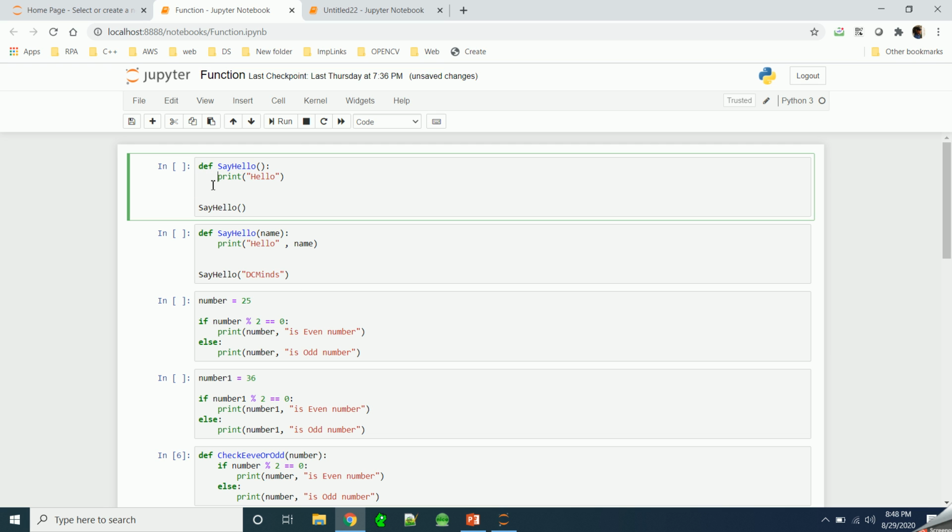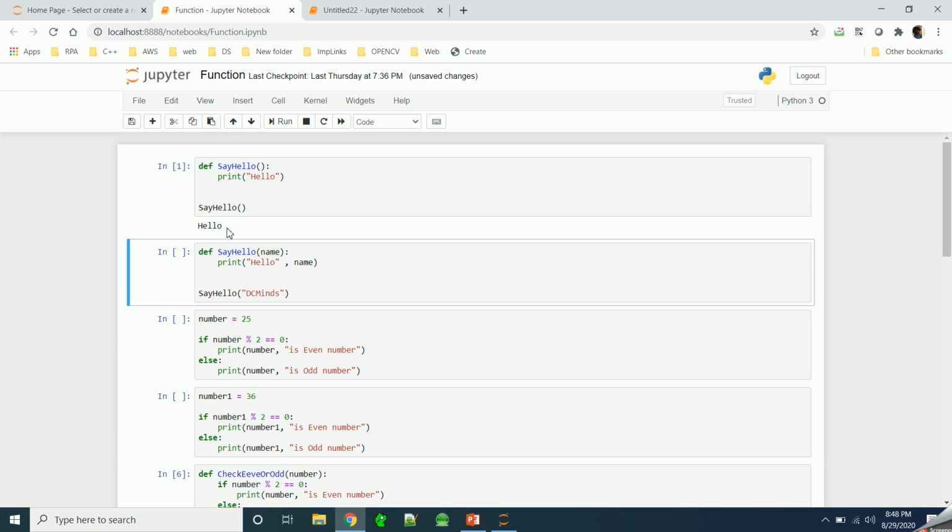Indentation is a must in Python. Now if you run this cell, it says hello. Here we are calling this function, so when we call it, the function will get executed and this line of code will also get executed and it will print hello.